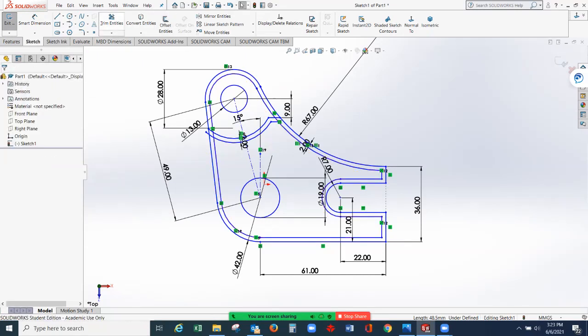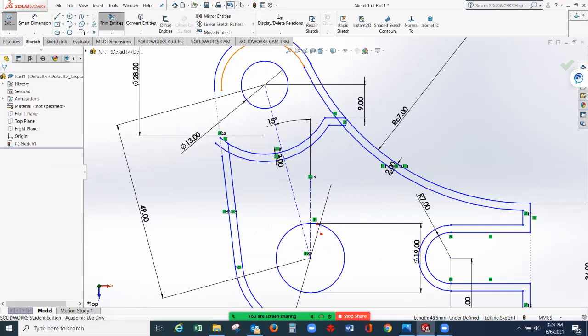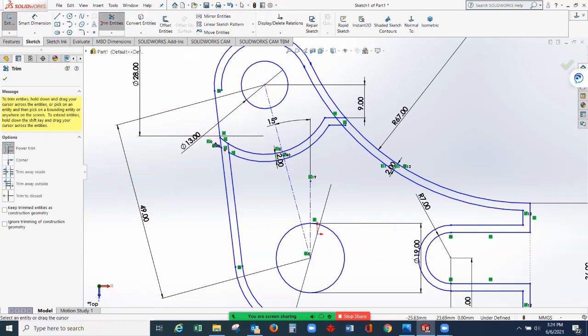And trim. Trim the unnecessary lines. So for example, this one. Oops, select undo here. Again, trim entities. Select this. So we don't need this one.